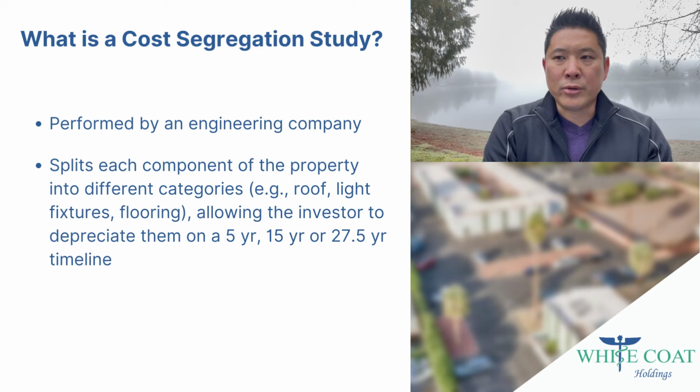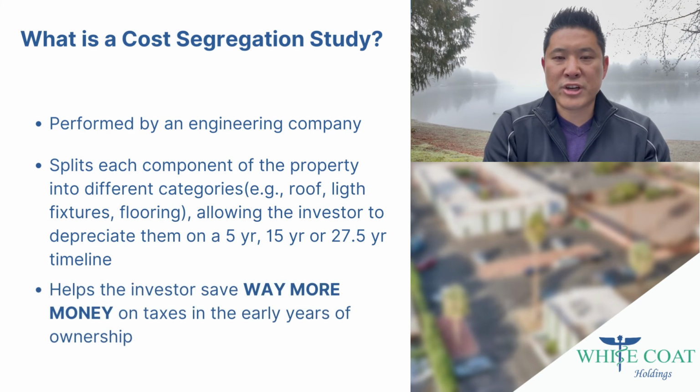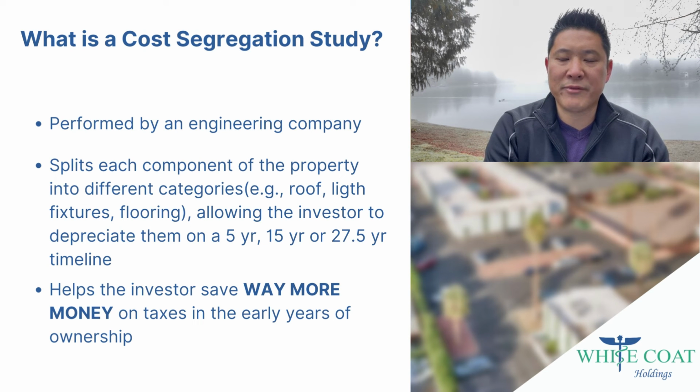Then they can actually accelerate the depreciation for some of those assets. So normally real estate depreciates on a 27.5-year time span. When you do accelerated bonus depreciation, you can actually accelerate that depreciation. Maybe you're able to take 60% of that depreciation in the first year. And so that provides a really, really large paper loss in the first year, and you can use that in different ways. Talk to your CPA about how that can be beneficial for you.